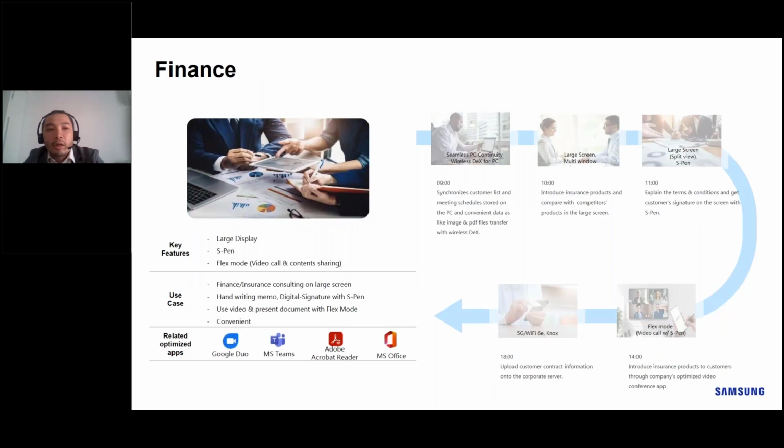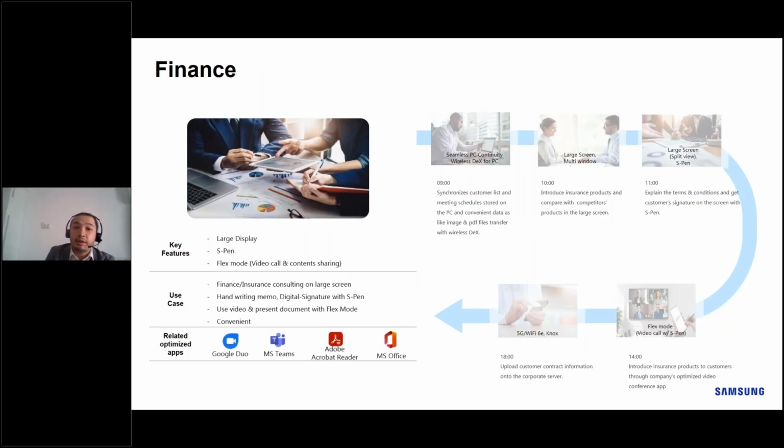In the finance sector, business users can easily conduct financial and insurance consulting on a large screen display, gather information and digital signature using S Pen, and use video and present document with flex mode. So the user can start their day by synchronizing customer list and meeting schedules stored in PC, and convenient data like images and PDF files,